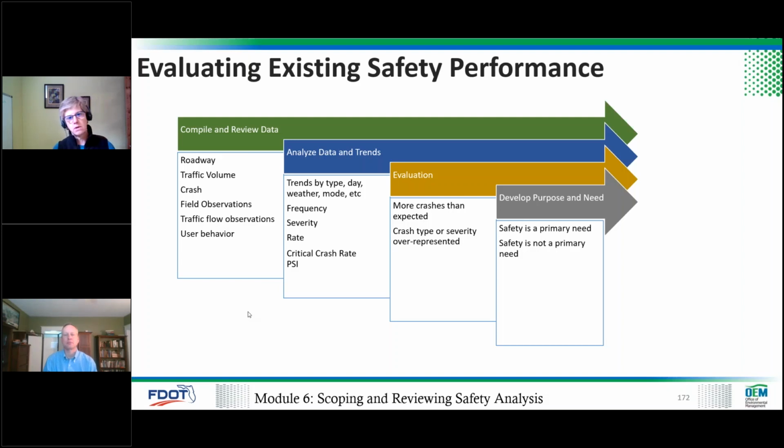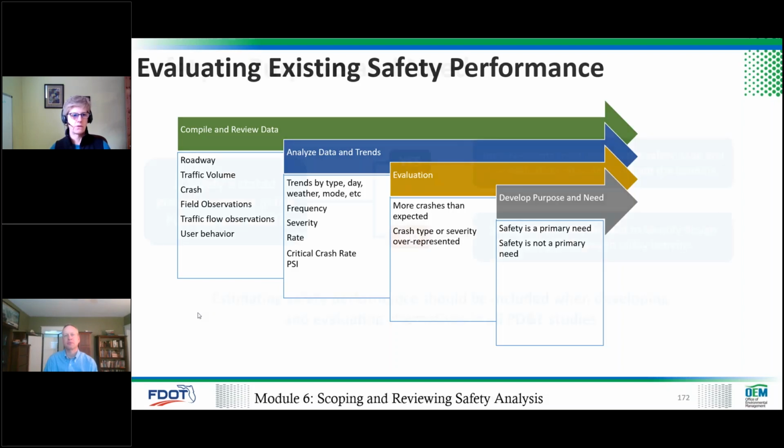So when you're scoping or reviewing work that's been done, you have this list to look at to see, has the team considered this array? Is there some gap, or is there some nuance that we need more investigation on? This is just a checklist of things to think about as you're scoping or reviewing